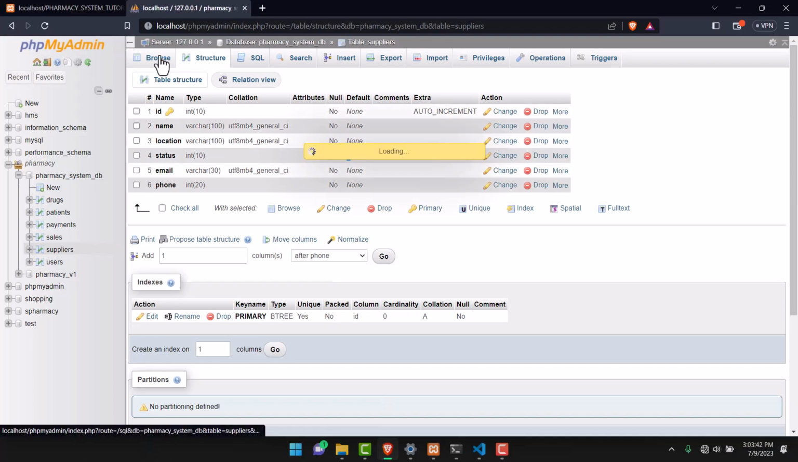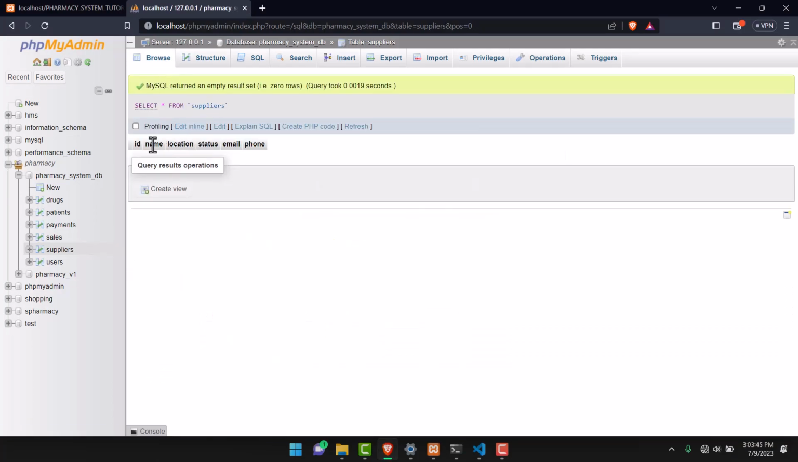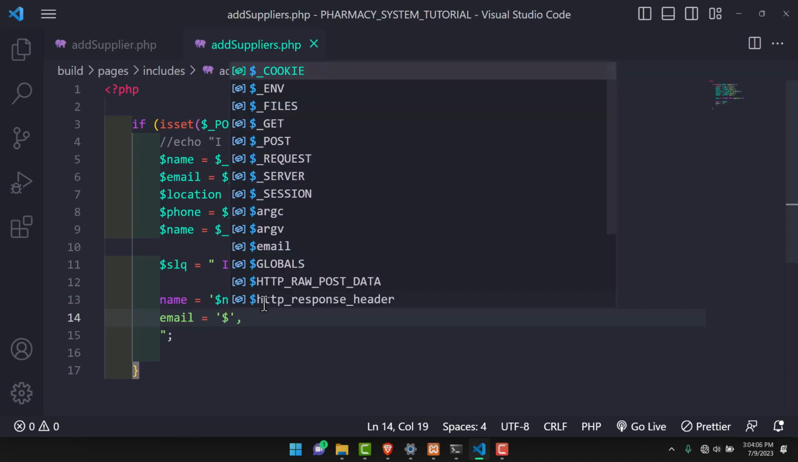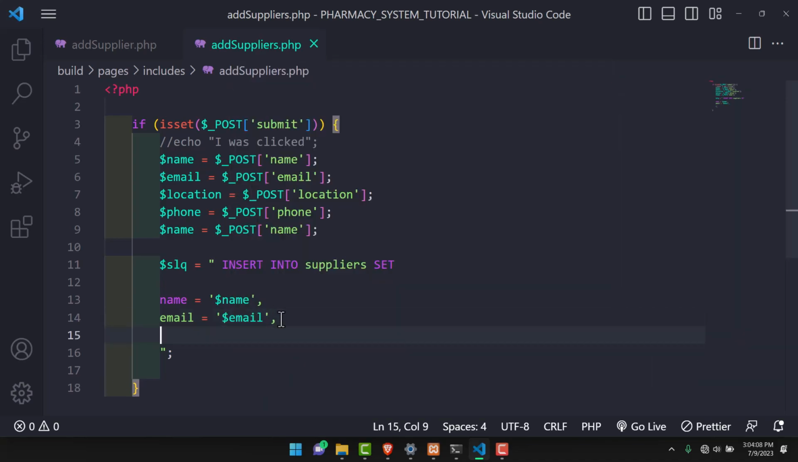So let me just go back to the browser here so that we can have that clear picture. So I'm saying that name that I've collected from the form, I want it to be stored in this column, and so the rest will follow suit. So if it is like email, it will be equal to the variable email, and we have a location which should be equal to location,